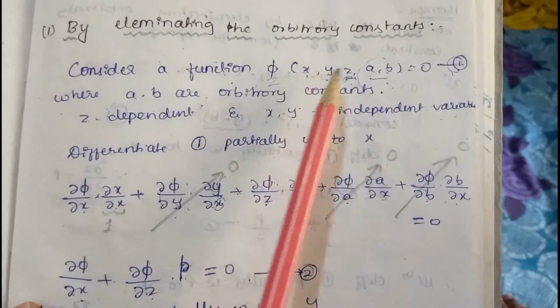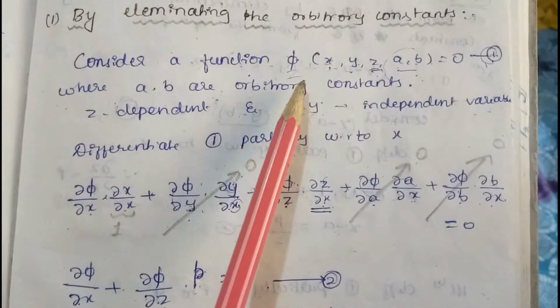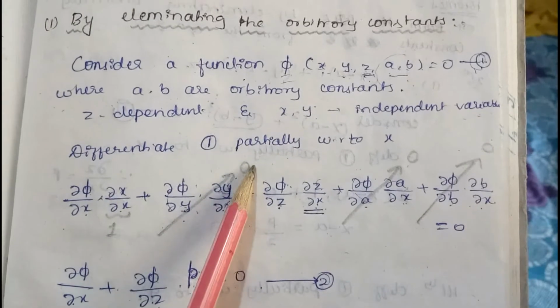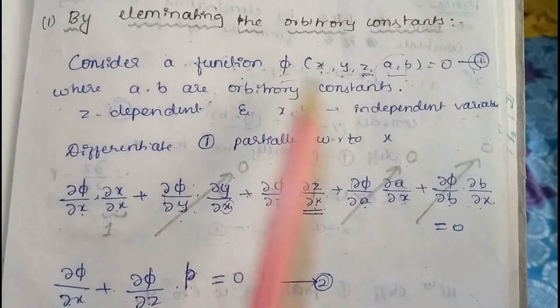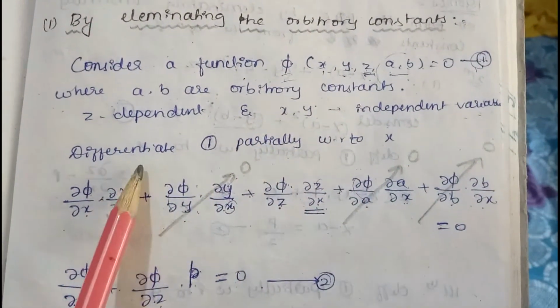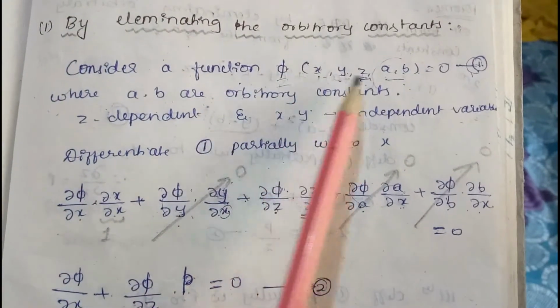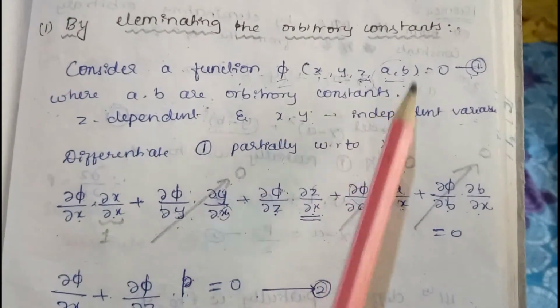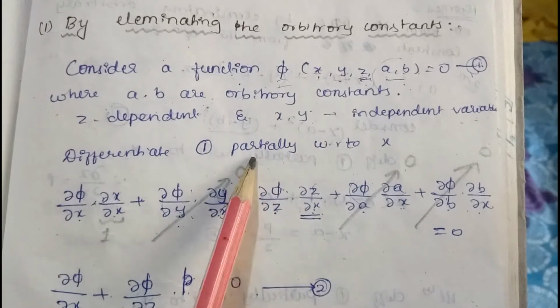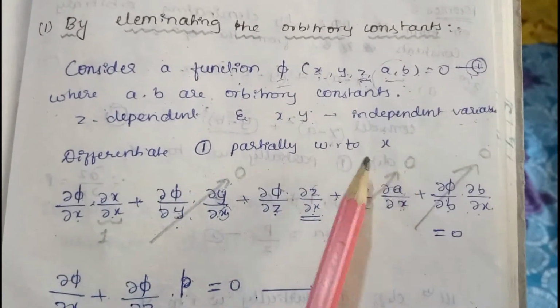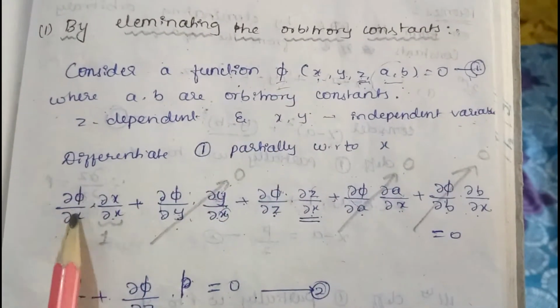In this function there are two constants. First step is to differentiate this equation 1 with respect to x. Phi is a function of x, y and z. But what we have to do is partially differentiate with respect to x by using the chain rule. That is dou phi by dou x